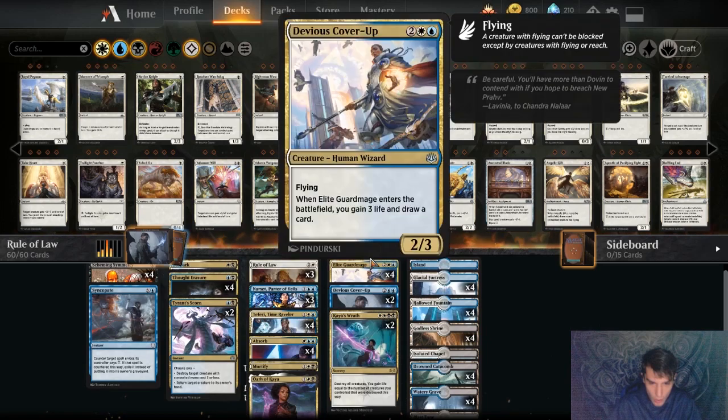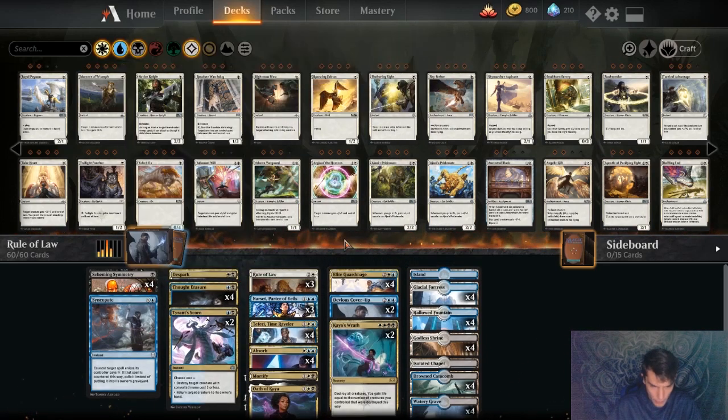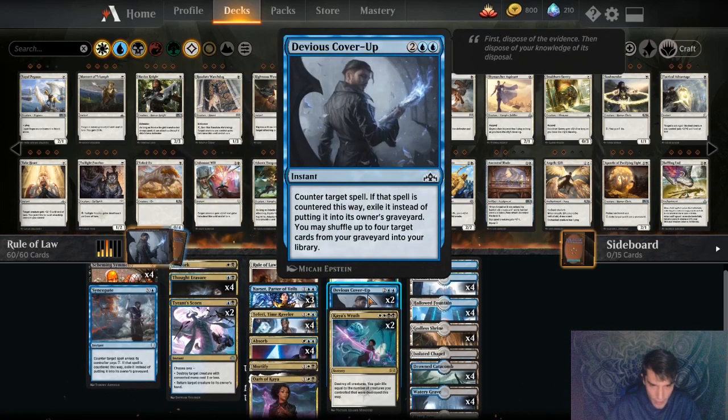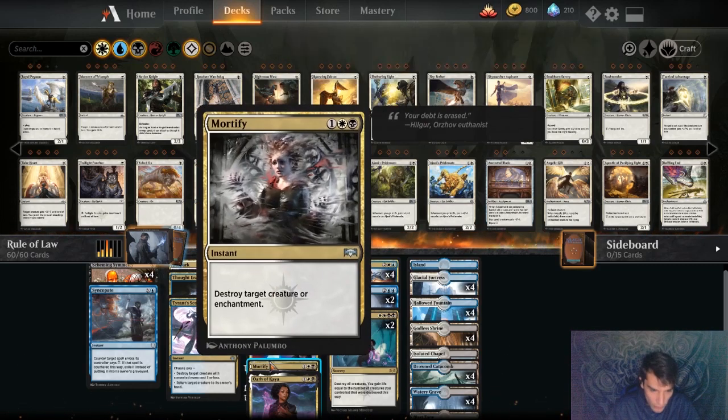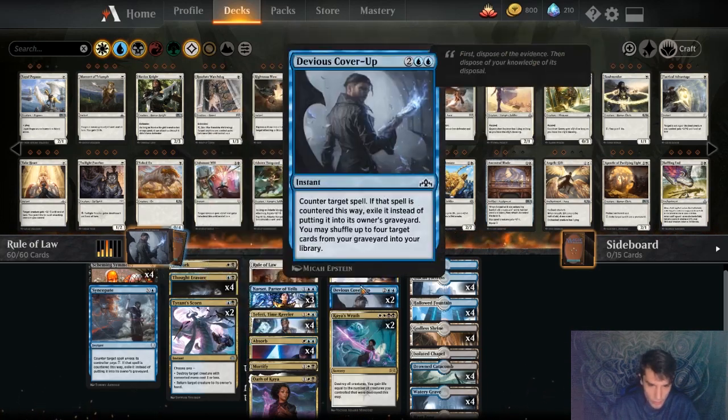So we're just running hard counters. We are running Absorbs up the mill. We have 4 Absorbs here. Counter target spell, you gain 3 life. And then Devious Cover-Up is counter target spell. If that spell is countered this way, exile it instead of putting it into its owner's graveyard. You may shuffle up to 4 target cards from your graveyard into your library. So we will be reshuffling these Absorbs continuously into our library and just absorbing